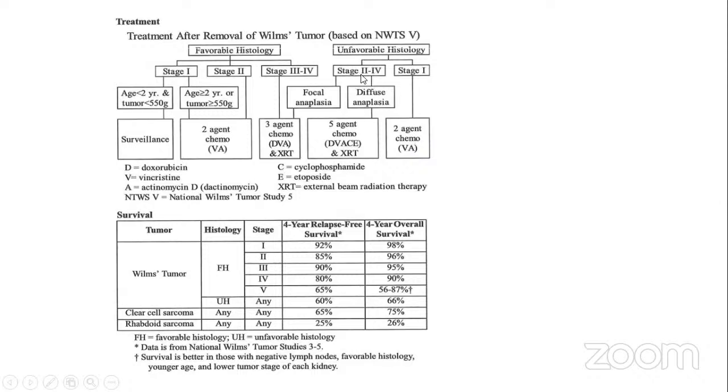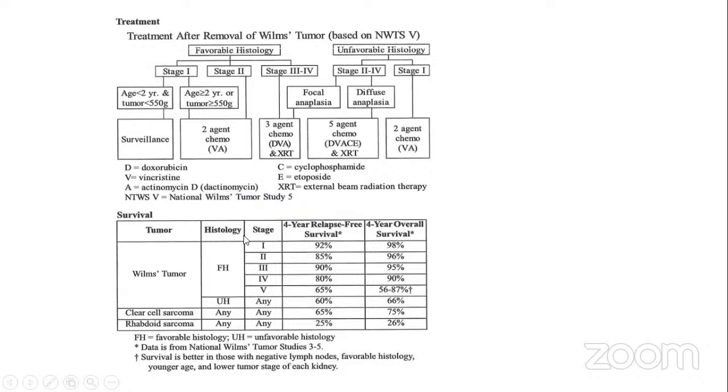If unfavorable histology, stage 2 to 4, it is focal anaplasia or diffuse anaplasia. Focal anaplasia, we will use 3-agent chemotherapy: doxorubicin, vincristine, and actinomycin. For diffuse anaplasia, we use 5 agents plus external beam radiation: doxorubicin, vincristine, and actinomycin, plus cyclophosphamide and etoposide. This is for the management of